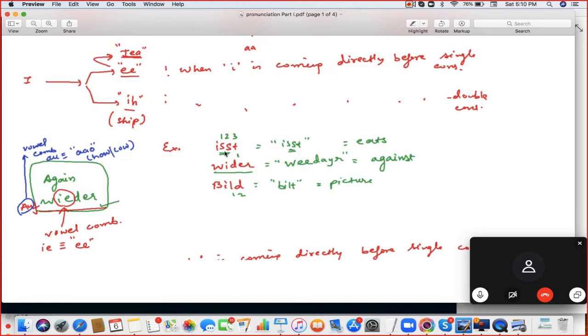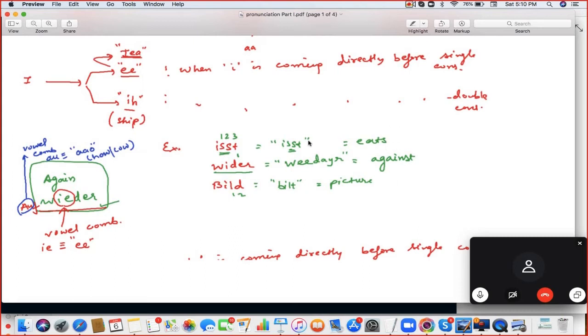Then now speak the first example. Short E. Ist. Then third, built. If you remember, I gave you one table, BDGPTK. So D in the end is T, don't call it as build. That's wrong. Built.